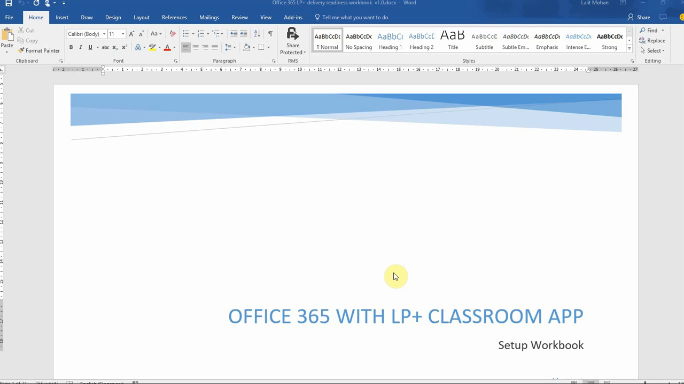Now, I can cover either of them first. Which one would you like first? Should I go through a quick demo or should I go through the deployment steps of how to deploy this? Okay, so we'll first go through the deployment steps and then we will go through the short or